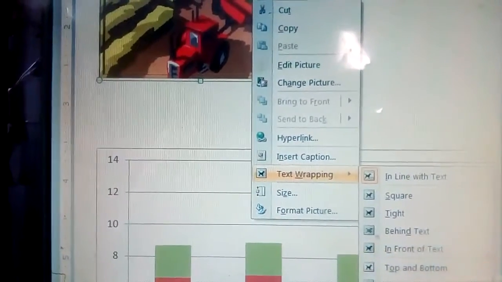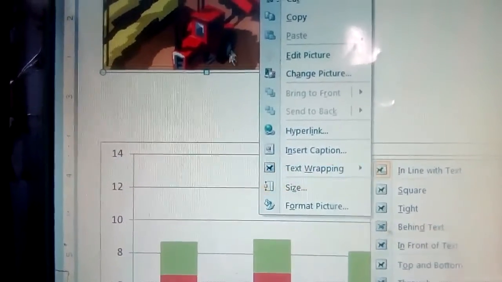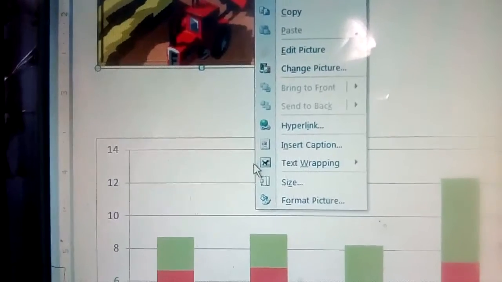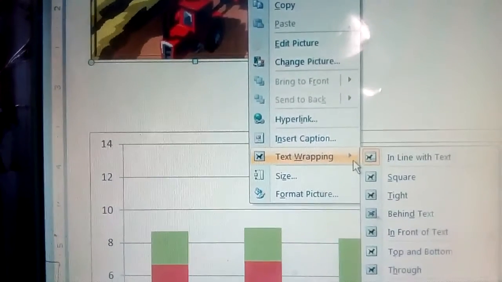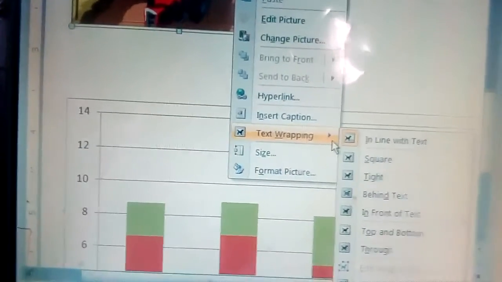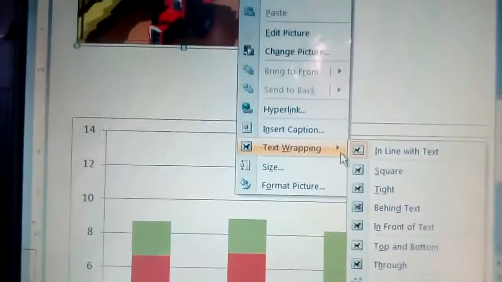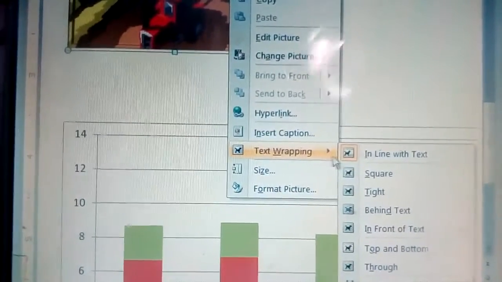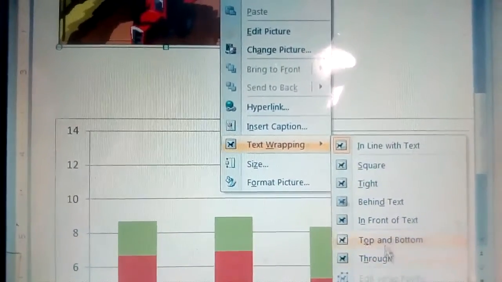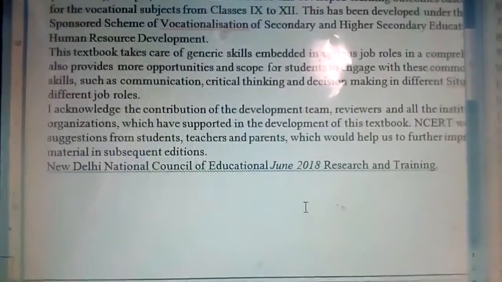Now suppose you want behind text, that means for front you can get the text, and the image will go behind. And if you choose in front of text, then the text will go behind and you can see the image. So these are the different text wrappings. Okay, wrap through, like, so you can see the image is wrapped through, it has gone.